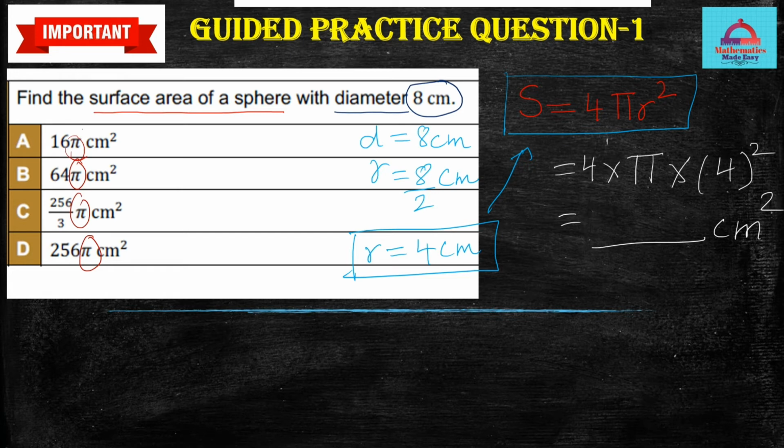So this is 4 to the power 1 multiplied with 4 to the power 2, so that is exactly 4 cube pi, or if you multiply 4 three times, 4 into 4 into 4, that is 64 pi centimeter square. And I'm quite sure now you all can identify which is the correct answer, and definitely yes, you all are right, it is B. So B is going to be your correct answer. This was an important exam question, a multiple choice question which you can expect in your exam.